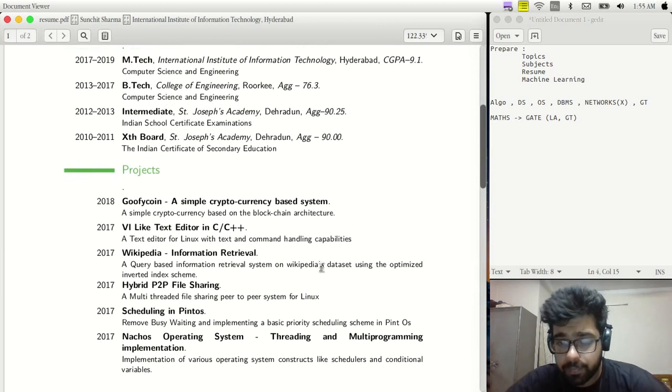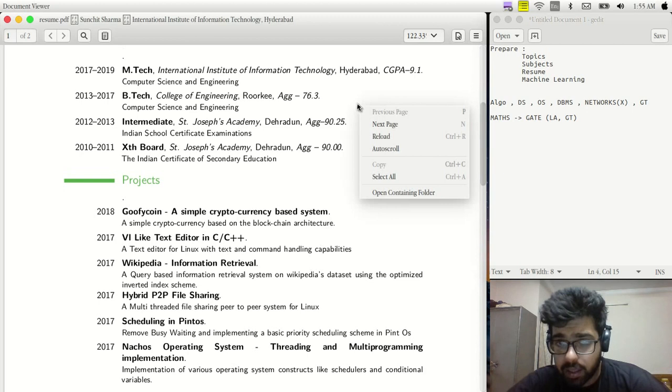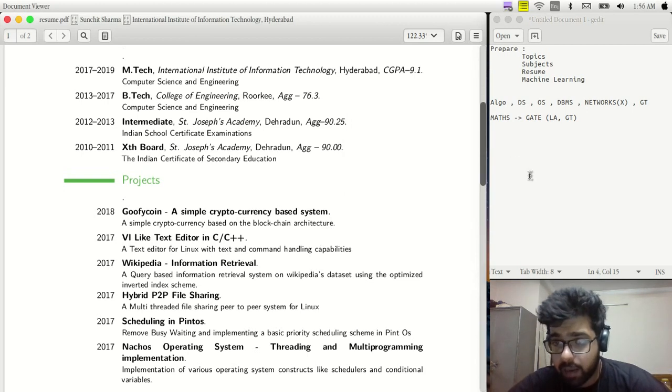If you've done a project, it's good enough, you write it down. If you've not done a project, then at least in this coming month, I would not say make a project, but understand somebody's project really, really well. You should know everything in the project, I mean everything. They might even ask you what difficulties you faced while making the project, and then you might be trapped if you've not done the project, or it's been taken from somebody else. If you are writing something in your resume, you should know it in breadth and depth.